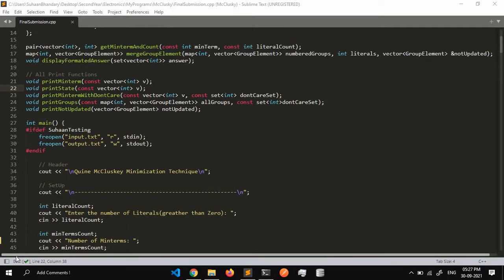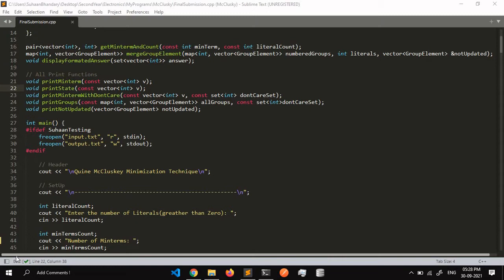On the screen, you can see the Quine-McCluskey implementation. First, we will see why we use the Quine-McCluskey minimization technique. First of all, we use a minimization technique to reduce the number of gates used. Next, we need a minimization technique that can be made in the form of an algorithm, meaning it should be non-ambiguous, have a finite number of steps, and end at some point.